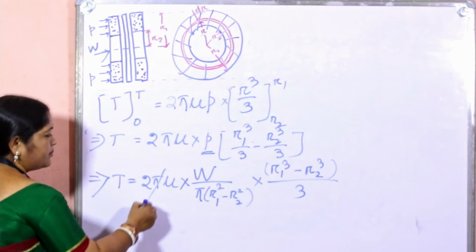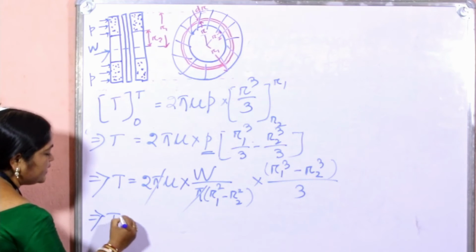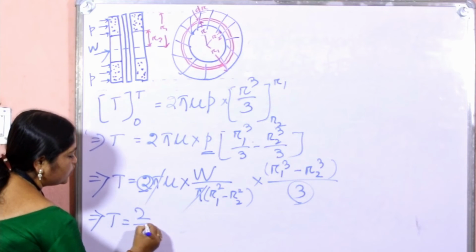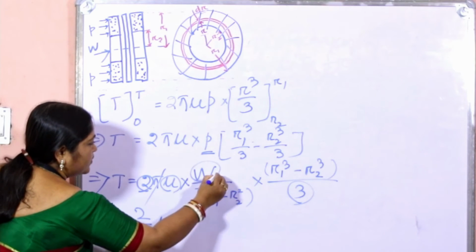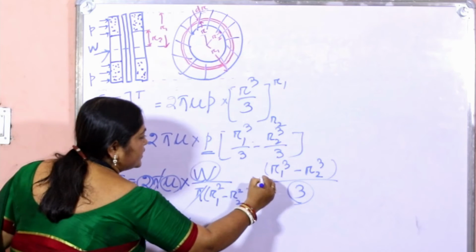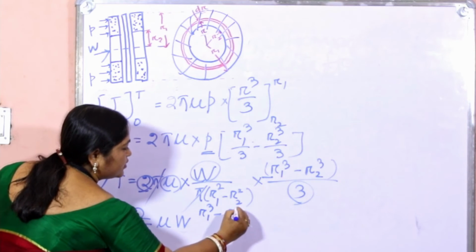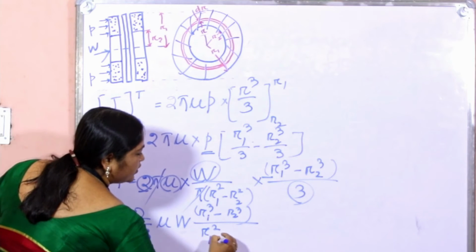So just pi cancels out, then you will get t is equal to 2 by 3 mu W, r1 cube minus r2 cube divided by r1 square